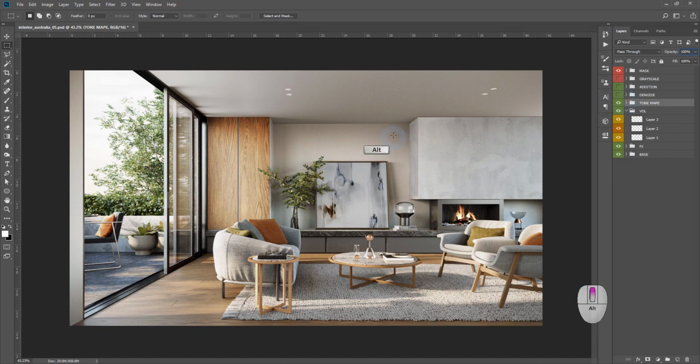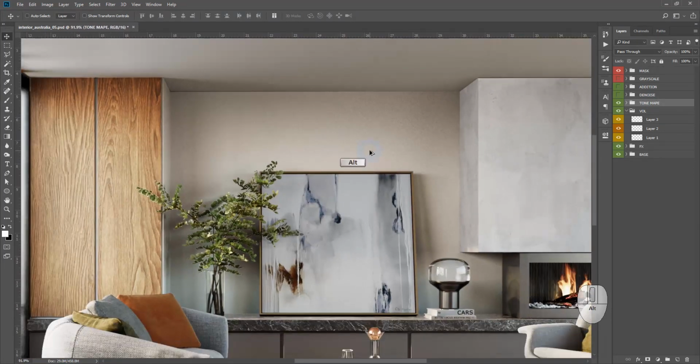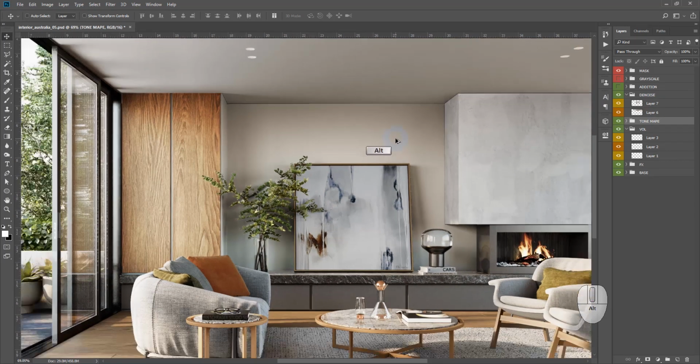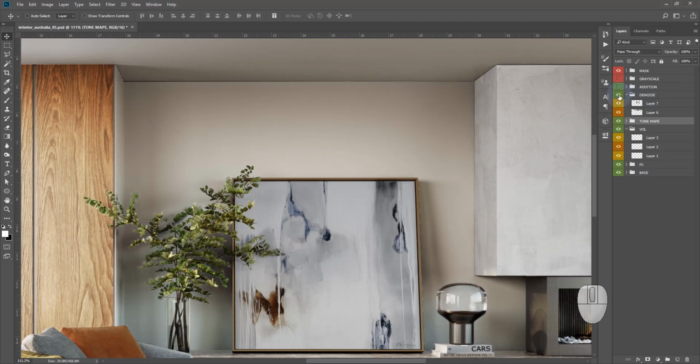Since the picture was rendered quickly, it was necessary to show the result quickly. There is some kind of noise on it. It's visible here. We can fix that using denoise. I use Topaz denoise. It's very strong. You can see the final result and before and after comparison.